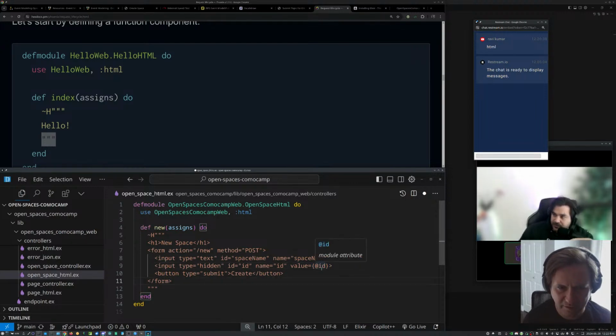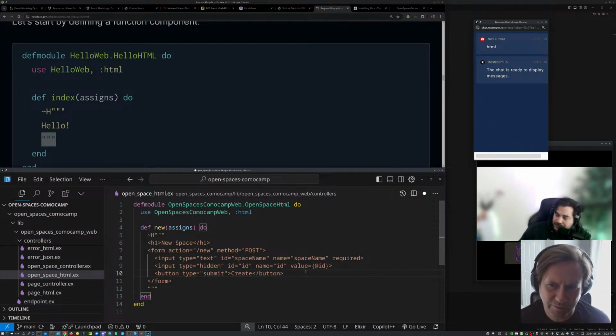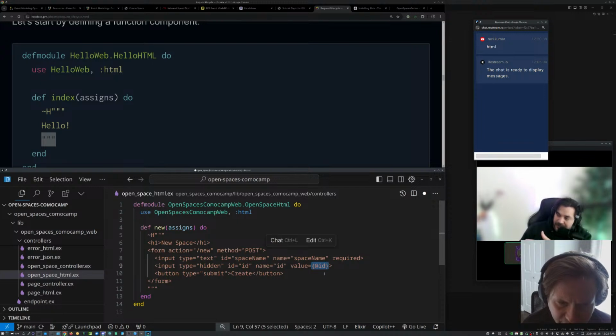It's just HTML what you're writing here. Well, this isn't, this little guy. That's part of the HEEx, like JSX. I don't know if you've done it in JavaScript, but this is templating. That is replacing whatever value is part of the assigns, the context that you can pass arguments into.